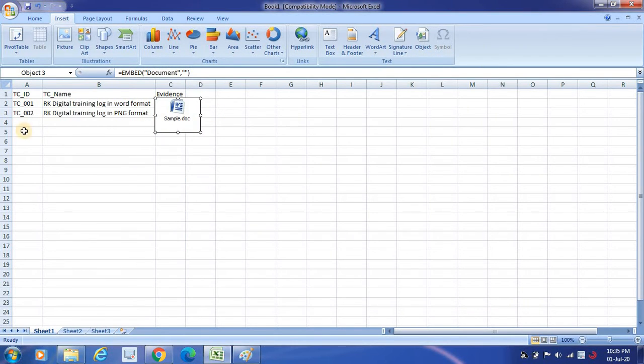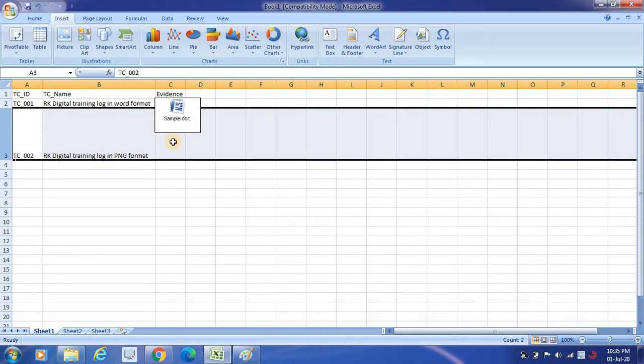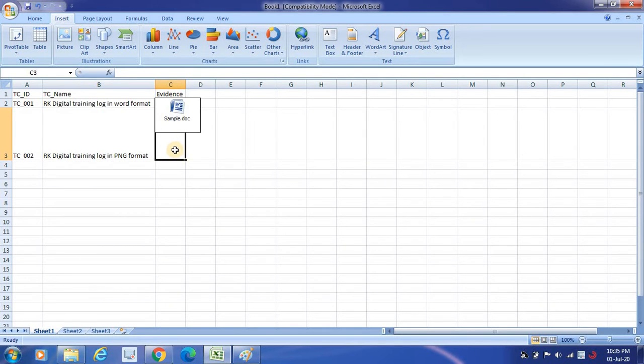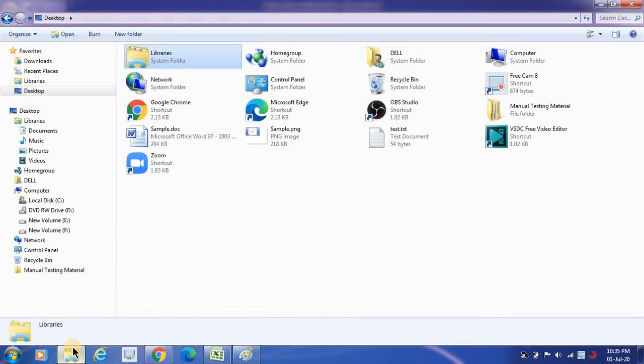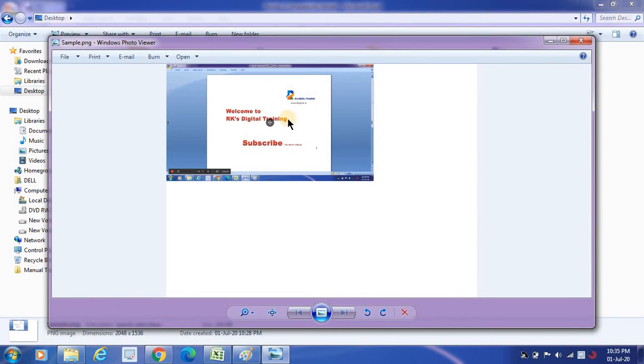So in the same manner, you can do the same thing for the next cell. So that is, say for example, I am just making a little room here to put the next value. I wanted to place the another value here. So that value, if you look at here, there is a sample.png. So this is like I have created this using MS Paint. So PNG, what is PNG stands for? Most of the people might not aware, but they know that this is for Paint, Portable Network Graphics. PNG stands for Portable Network Graphics.